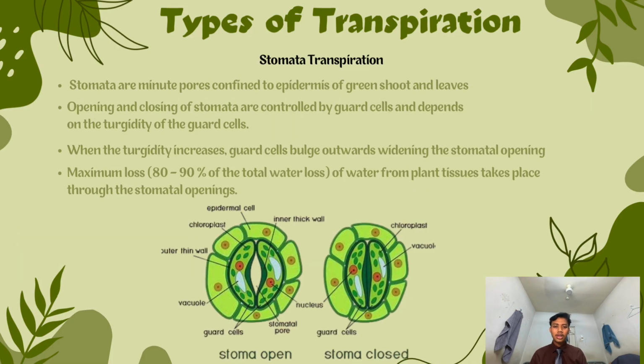And lastly, the type of transpiration is stomatal transpiration. Stomata are minute pores in the epidermis of green shoots and leaves. Opening and closing of stomata are controlled by guard cells and depend on the turgidity of the guard cells. When the turgidity increases, guard cells bulge outward, widening the stomatal opening. Maximum loss, 80 to 90% of the total water loss from the plant tissue, takes place through the